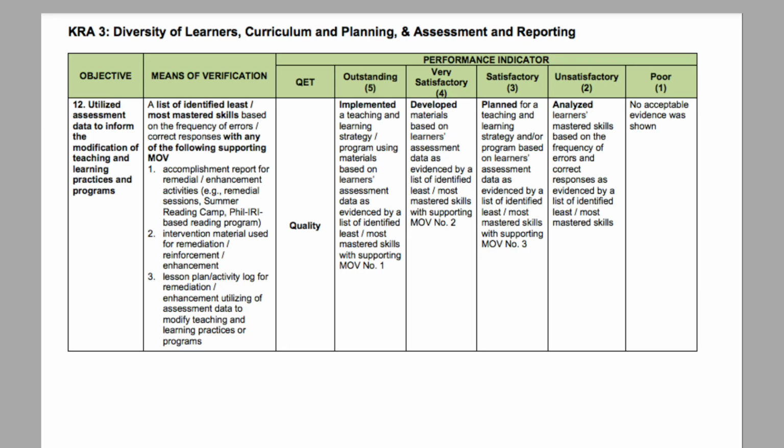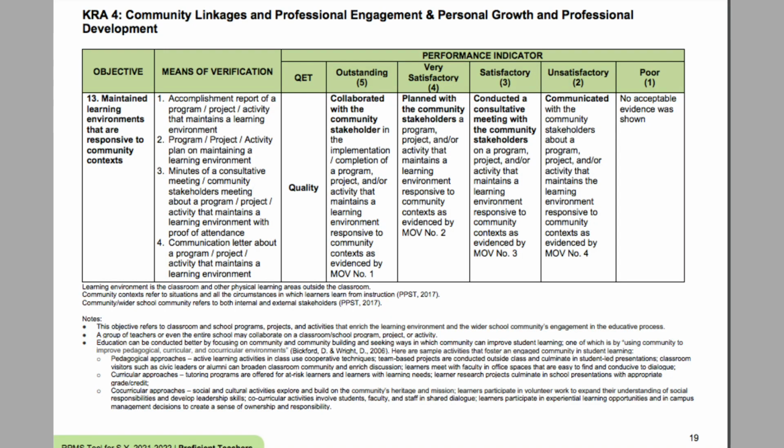And 3. Lesson plan, activity log for remediation, enhancement utilizing assessment data to modify teaching and learning practice or programs. KRA 4. Community linkages and professional engagement and personal growth and professional development.